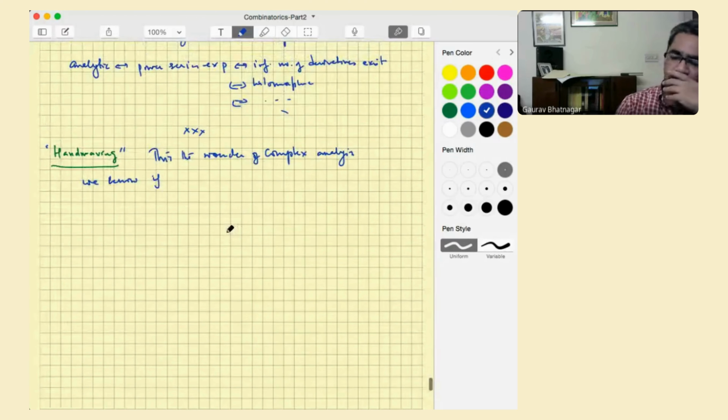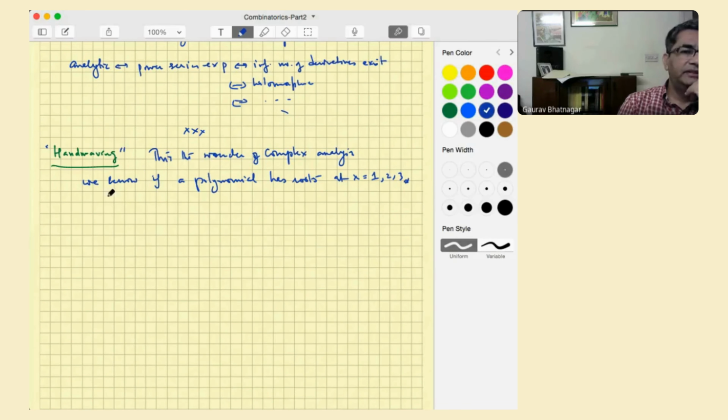Anyway, we know that if a polynomial has roots, let's say at x equal to 1, 2, 3, just three roots, then it is of the form p of x is equal to some constant times (x minus 1), (x minus